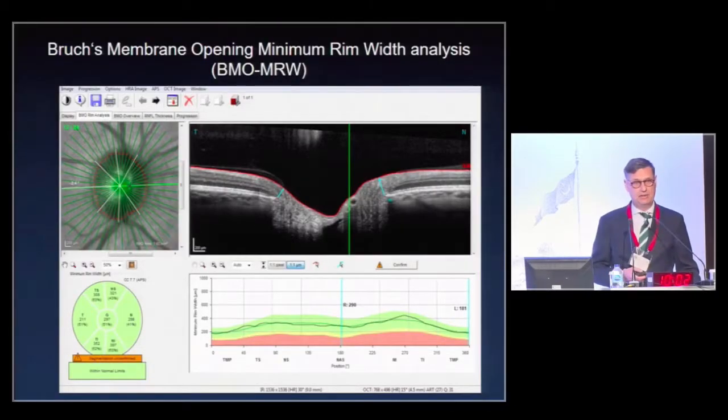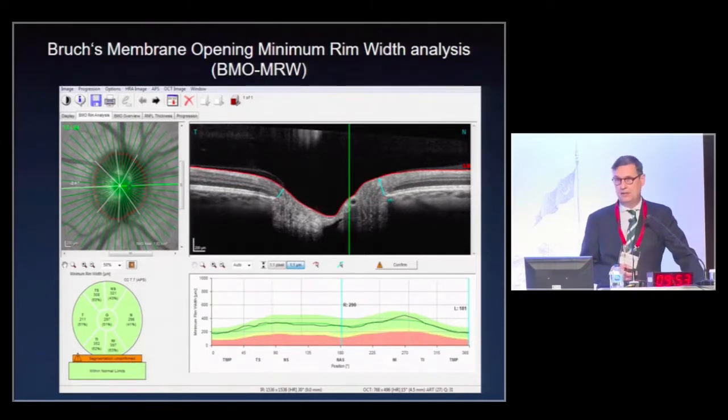So to begin with, the neuroretinal rim can be measured in a new way with the Bruch's membrane opening minimum rim width analysis. A very complicated work. And you take 24 scans with 48 measuring points. You automatically detect the ending of Bruch's membrane and take the shortest distance to the limiting membrane. So you are able to measure the neuroretinal rim width. And this is quite a useful measurement and very helpful in assessing the loss of rim in the course of